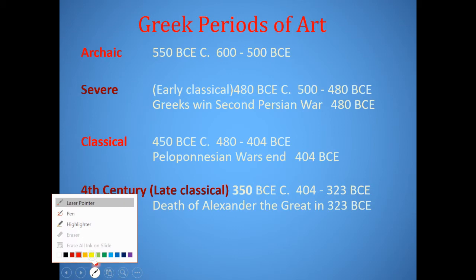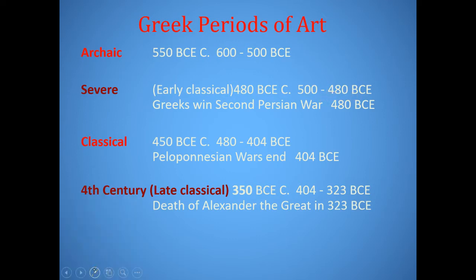And the reason why it's such an important date is because it's the end of the Persian Wars. So let me get to a marker here. So yeah, they've got the Persian Wars right here, around 480 BCE. And that's really important because during the Persian Wars, you had the foundation of something called the Delian League, which was the first time that the Greeks were united in some way, shape, or form.